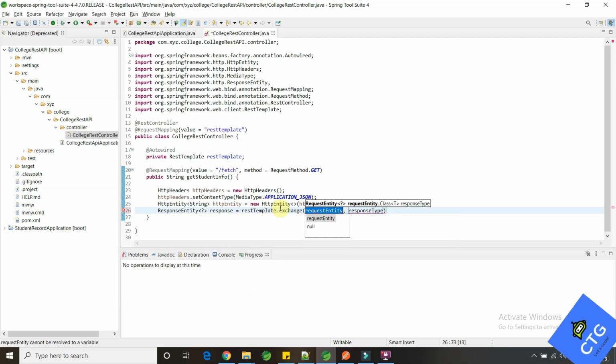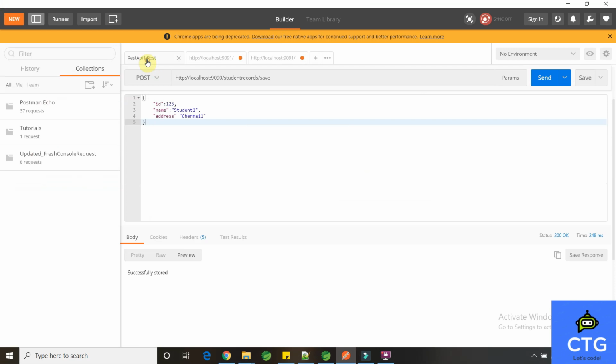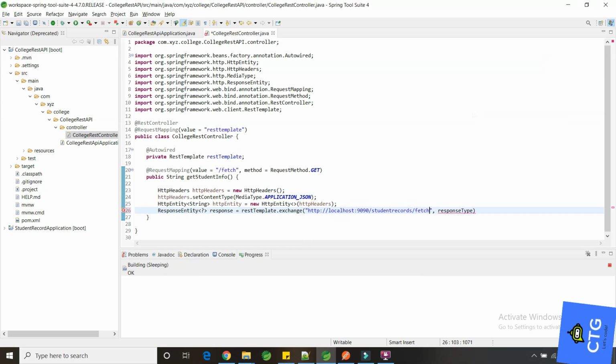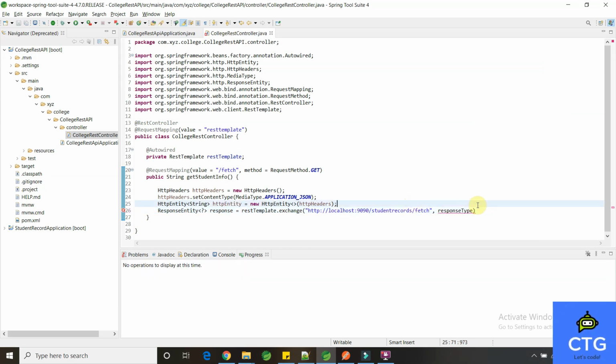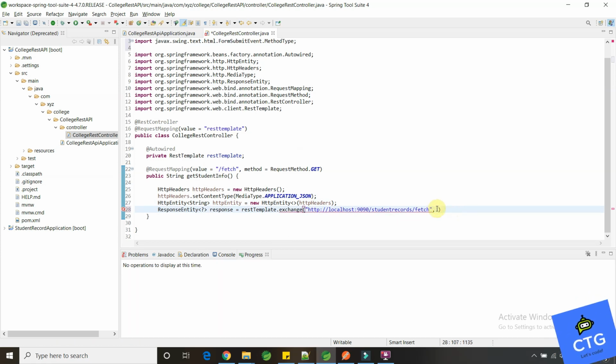We have to use this object dot exchange. Now we have to set the URL name, which is basically the API we are going to communicate with. In this fetch method, we are going to communicate with the existing REST API which we have created. Let's copy this fetch. We are going to communicate from RESTful API 1 to RESTful API 2. So we have to provide the respective URL here, and the next step is to mention the method name.